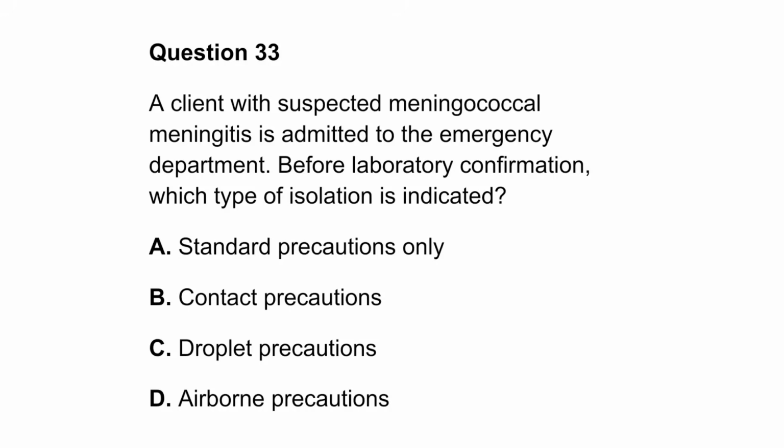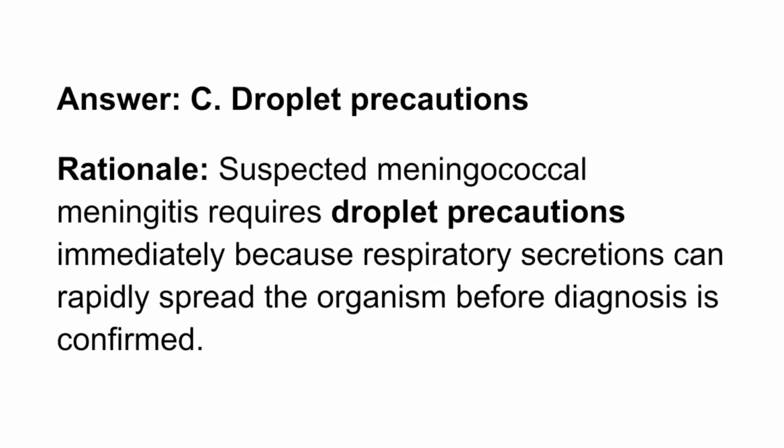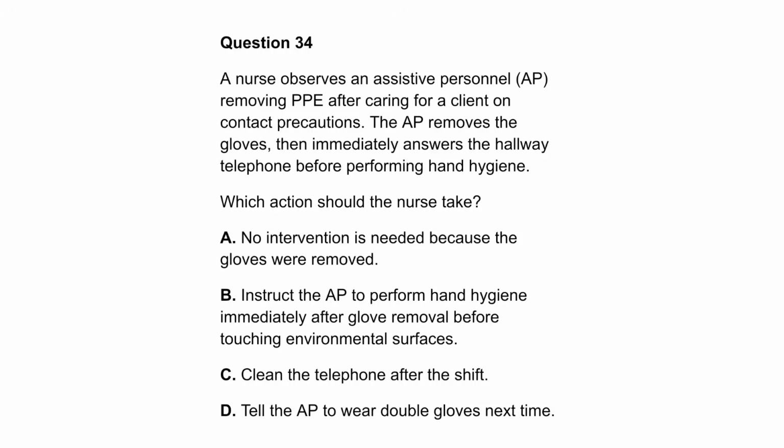A. Standard precautions only. B. Contact precautions. C. Droplet precautions. D. Airborne precautions. Answer. C. Droplet precautions. Rationale. Suspected meningococcal meningitis requires droplet precautions immediately because respiratory secretions can rapidly spread the organism before diagnosis is confirmed. Question 34. A nurse observes an assistive personnel, AP, removing PPE after caring for a client on contact